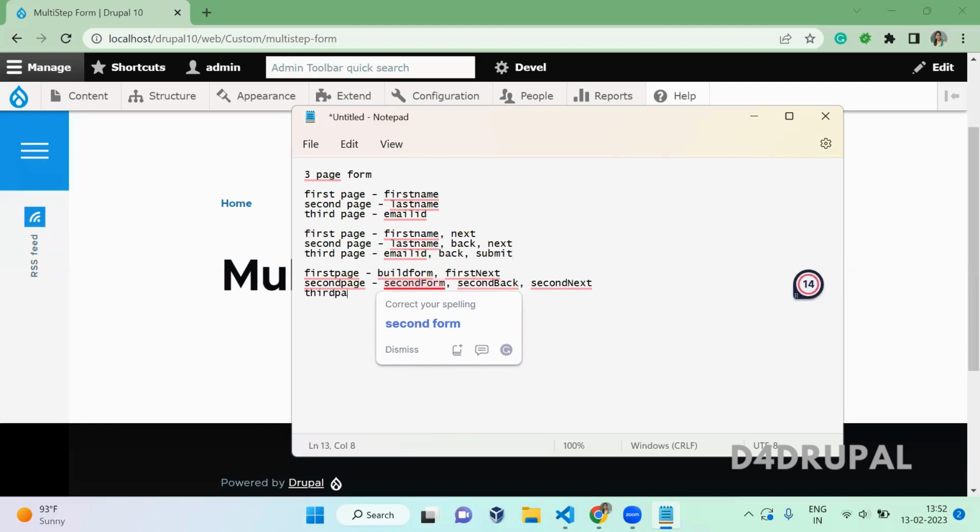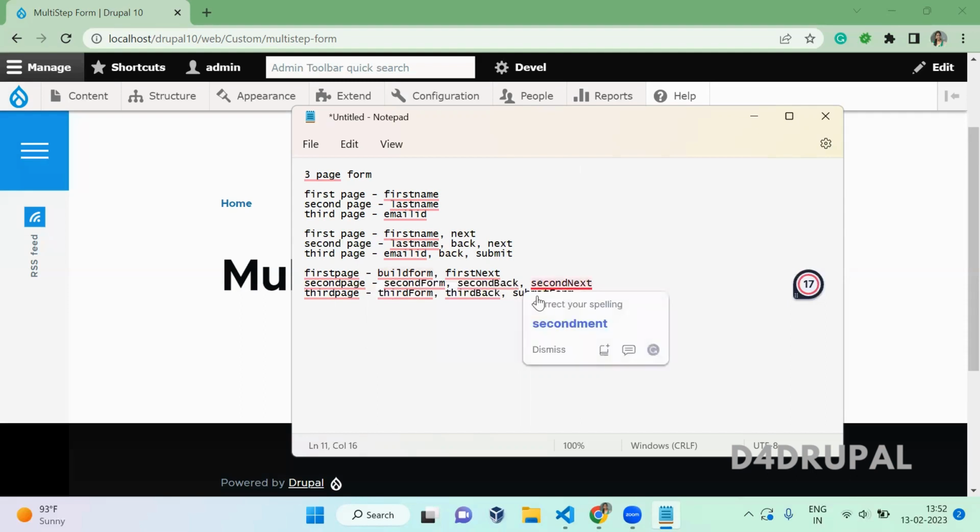So next is the third page. For the third page you need to use the same kind of custom form function, third form. And then here we will be having a back button, third back, which will take you to the second page. And here this will be the final form. So here we will be using the submitForm default function for submitting the form. Okay, so in the first page we will be having a default function, and then in the last page we will be having a submit form. Okay, these are the list of functions we are going to create now